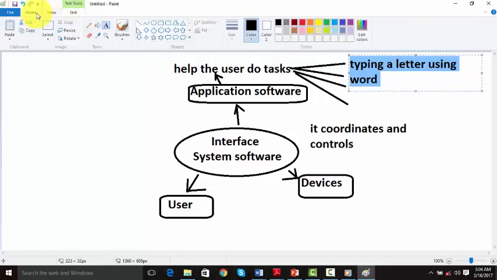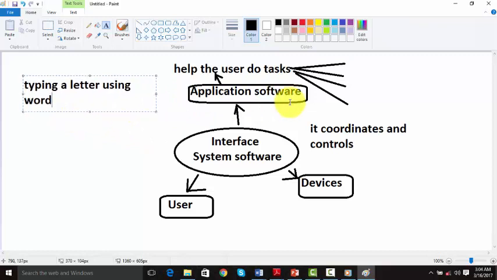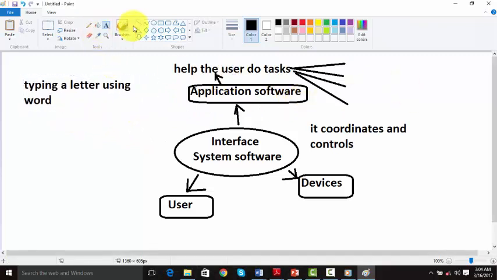Okay, let me just reduce the font here. Okay, we can show it like this to say the work of the application software is to help the user type a letter.